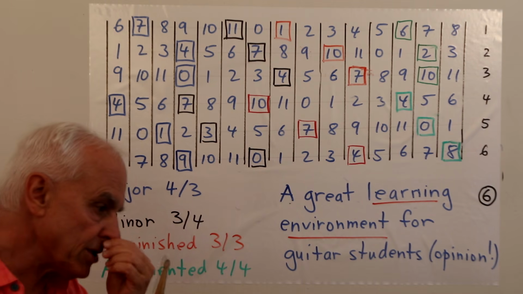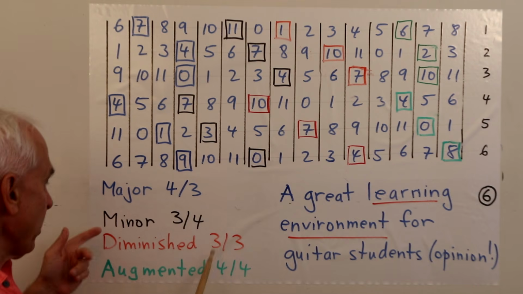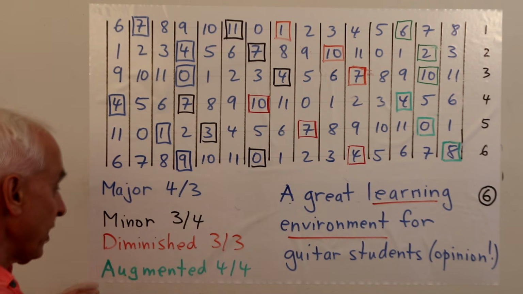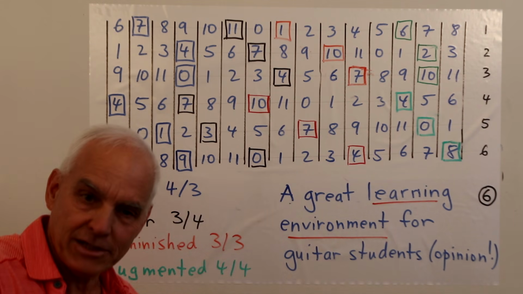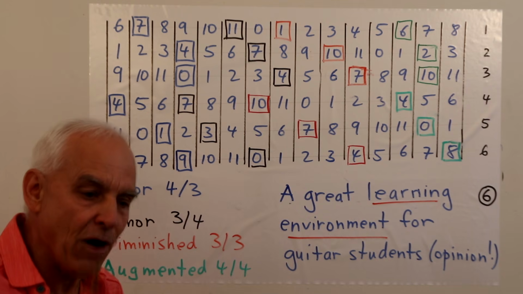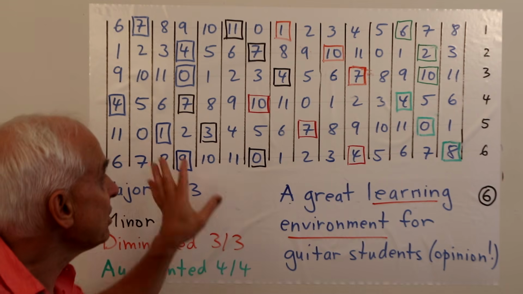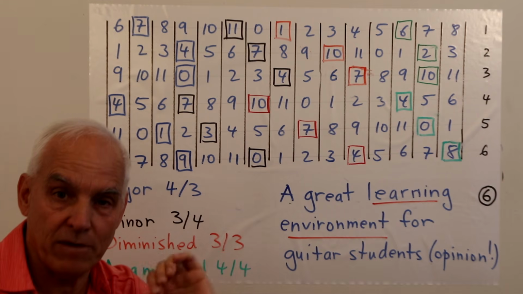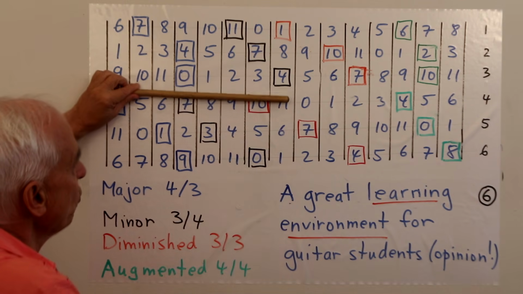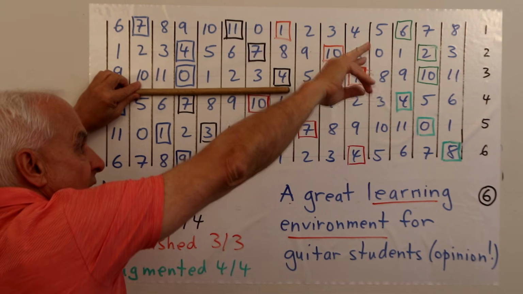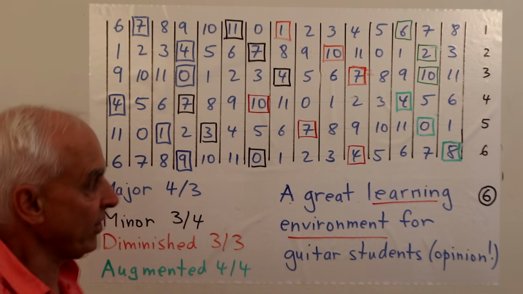So in principle, a student of the guitar could just be told that a major is a 4/3 chord, a minor is a 3/4 chord, a diminished is a 3/3, and an augmented is a 4/4. And then they could be given as sort of an exercise the question of figuring out how to play these chords on the guitar just by looking at the mathematical fretboard. So I'm going to give you sort of two versions, one dealing with the top 3 strings, strings 1, 2, and 3, and another dealing with the bottom strings 4, 5, and 6.